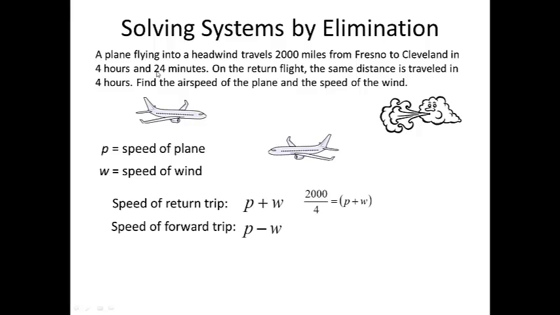Now, how do we deal with that 24 minutes? We know that there are 60 minutes in an hour, so we divide the 24 by 60. So it's the 4 hours plus the 24 minutes divided by 60 will give me 0.4 hours. Add that to the 4 will give us 4.4 hours. So now we have 2,000 divided by 4.4 gives me P minus W. Okay, the plane speed minus the wind speed. Now just divide these out, and I get